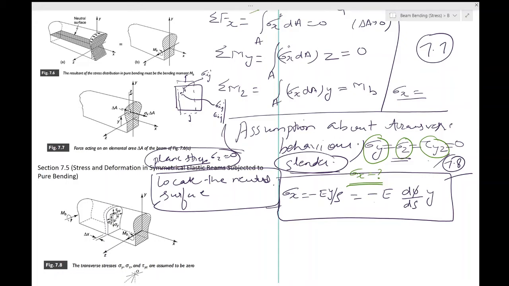So, continuing now to draw out the solution, we substitute 7.9 into the first of 7.7. So you want to put this into this, which is the first of 7.7. Once you do that, you will put sigma x over here and then integrate it, and you should find that sigma fx is equal to a sigma x dA is equal to minus of a